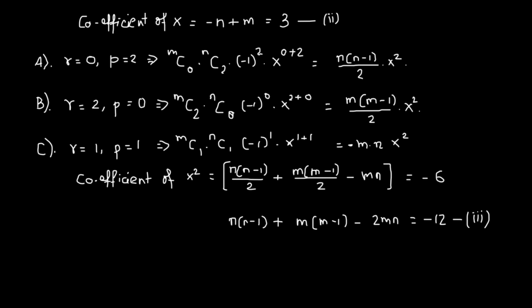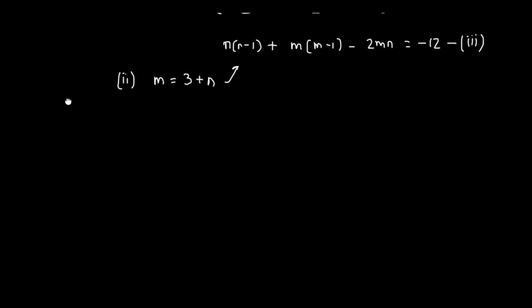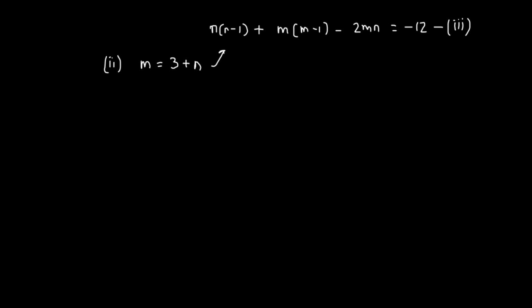Now we'll take the second equation, and we got negative n plus m equals 3. So from here we can write that m is equal to 3 plus n. Now we're going to substitute m by 3 plus n into equation number 3 such that we get, our equation 3 would now give us